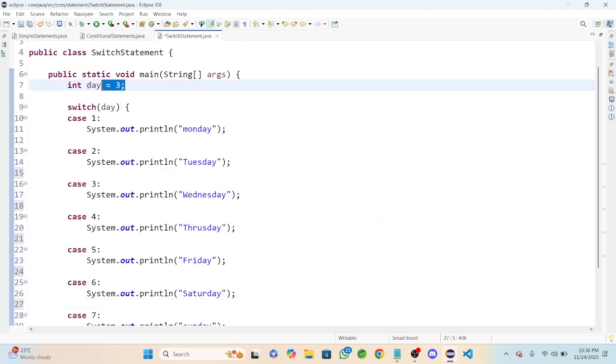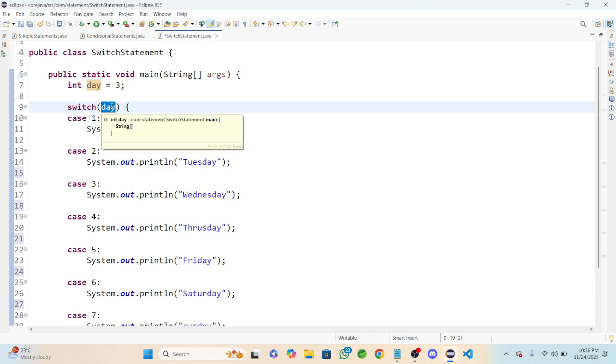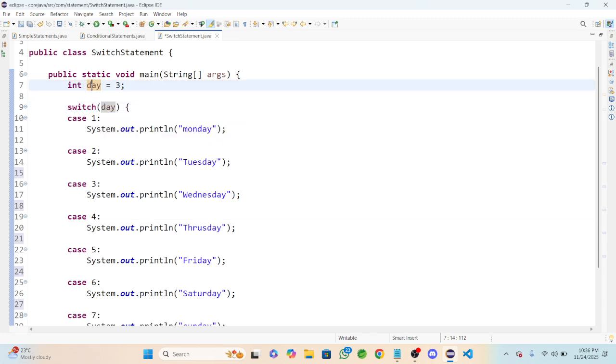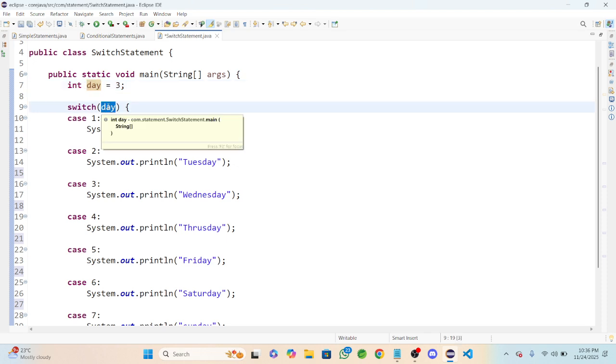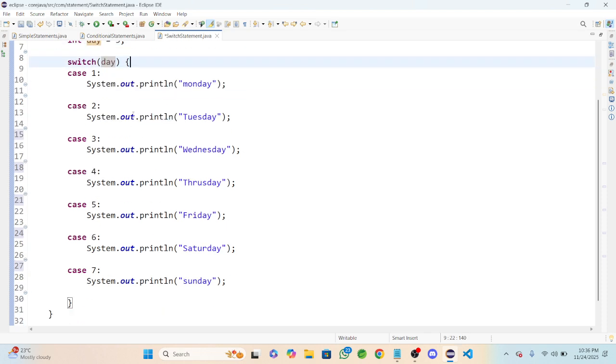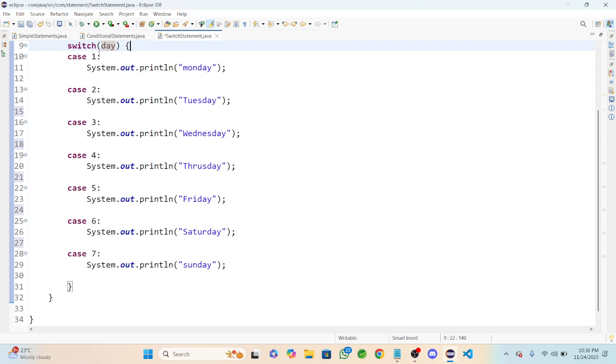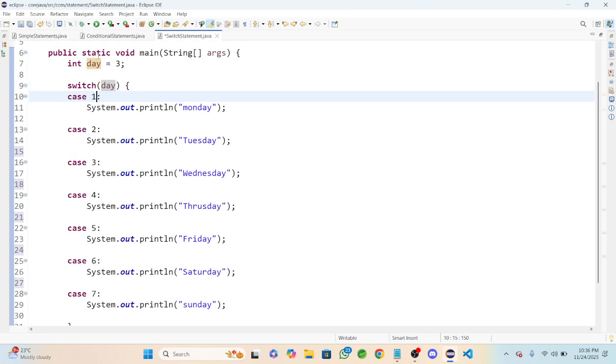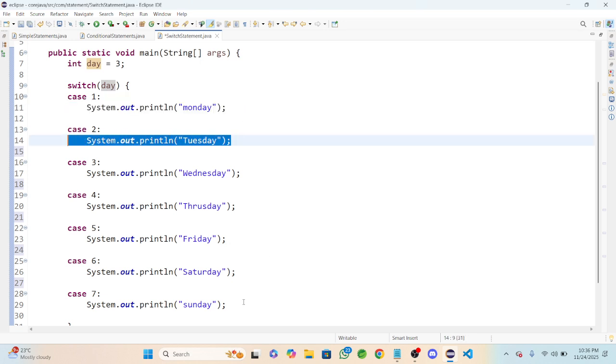Okay, I have taken a variable that is int type as a day. I have given the number as 3. I want to apply the condition for the day variable, so I have placed that in our switch keyword. Okay, after that I was writing the cases. We are writing the case based on the type you are specifying to the variable of the day. Then in case 1 it's Monday, in case 2 it's Tuesday, up to that it ends with the